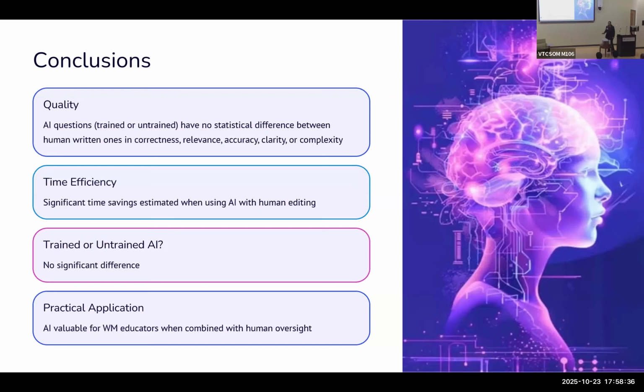I think this is the sub-question here that we're not completely powered to look at, but grounded versus ungrounded is big when you're designing questions. You can just go to your large language model. You don't necessarily need to feed in the textbook or the journal articles you're using. The general knowledge seems to be enough to write pretty accurate questions, which I think is pretty interesting.